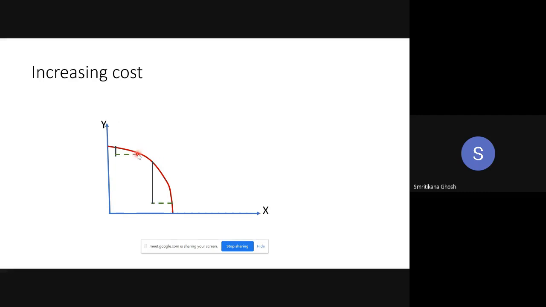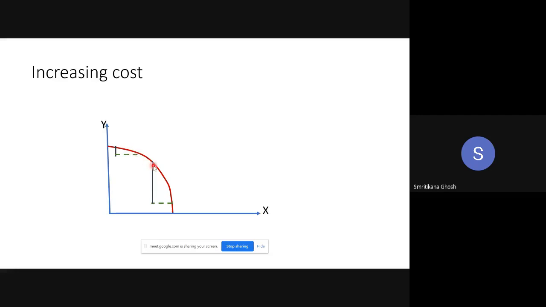Who are leaving? Generally, the resources who are not so skilled to produce Y are leaving. It may be the labor, it may be the capital, it may be anything. I am just telling you it is the input. The inputs which are not so skilled to produce Y are not contributing a lot in the Y production. They are leaving Y production in that stage and they are trying to produce X.